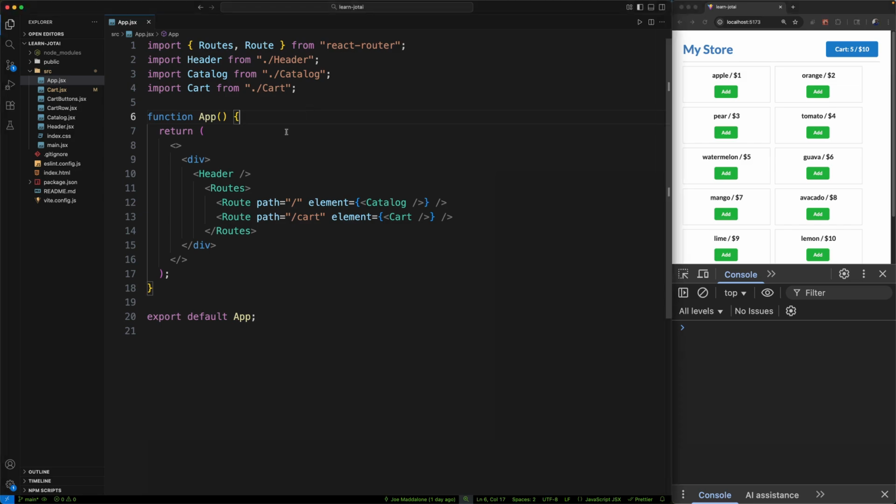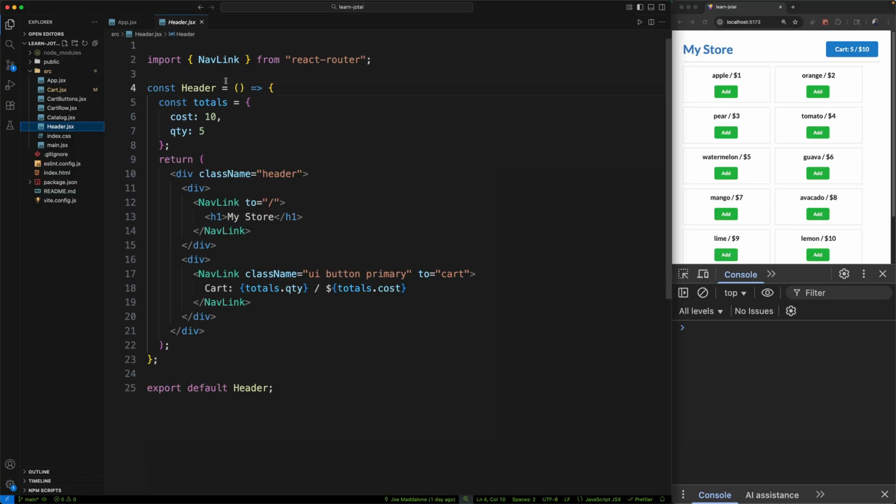Okay, so we've got a very simple React application here. It's got two routes hitting either this catalog or cart component. It's also outputting this header, which we can see up here. It's the My Store link and the link to cart. If we take a look at header, just mocked up some totals here that end up getting output in this